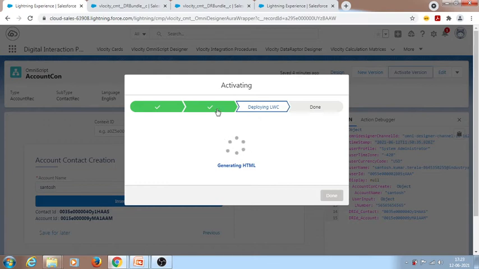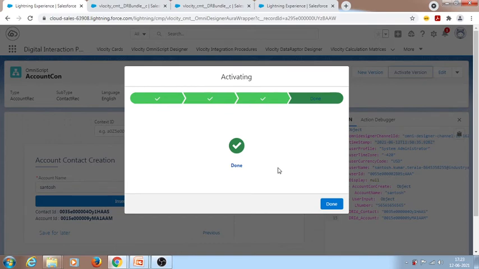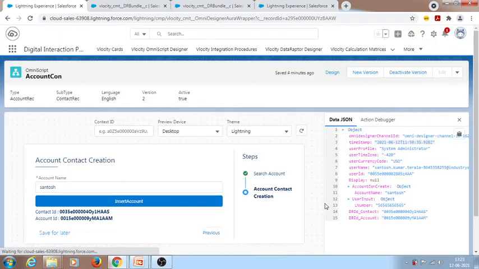See here, internally it will generate HTMLs and all. Then it will deploy. Most of the things will happen. If there is any error, we will get it there. Yes, now activation is done successfully.